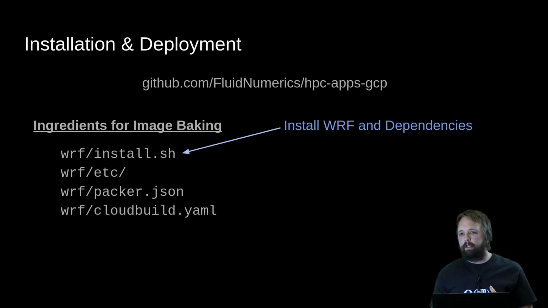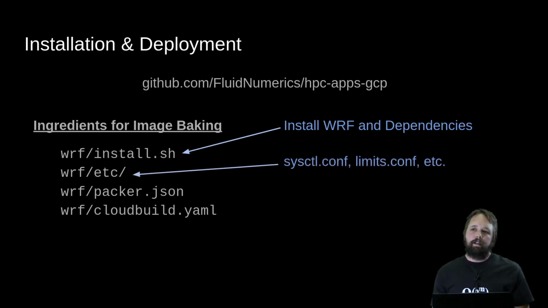In our case, we're using a GCC 9, OpenMP, OpenMPI 4.0.2 stack to install WRF. Of course, this includes everything like HDF5, NetCDF, Jasper, libjpeg, all those things that WRF depends on to get going. Underneath the etc directory, we have